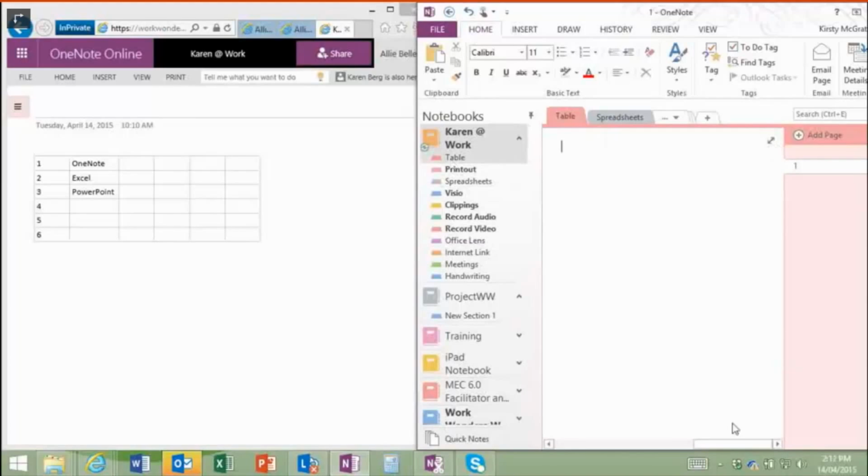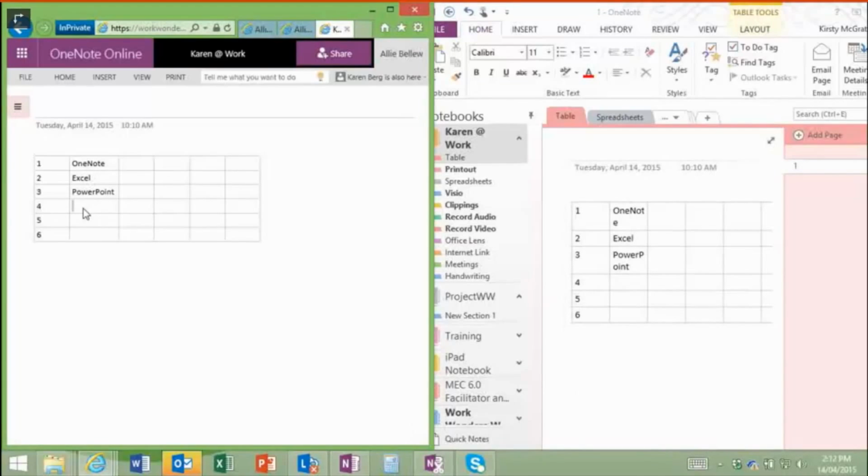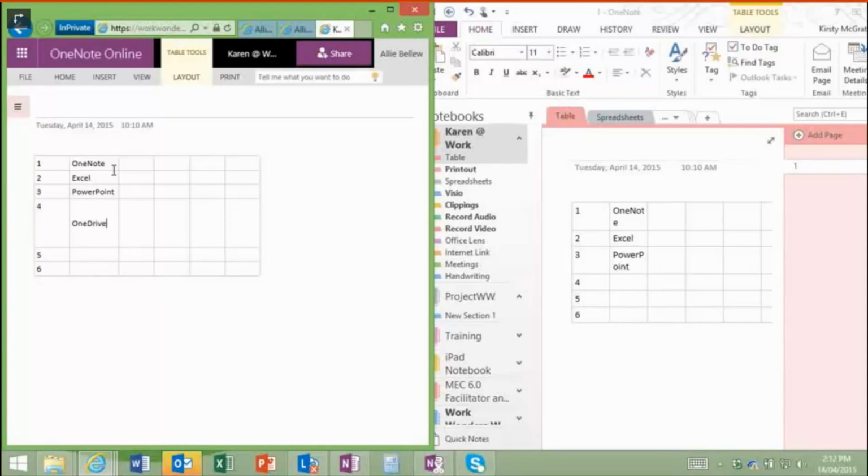So with my information that I've got in here, as I start to make adjustments and I put information online, it will sync down and drop it in for me. So if I go, what could be some more topics? We'll go OneDrive, and we'll come down and you'll see over on the right hand side, it's instantly dropped it into my OneNote on my desktop. Now I'm logged in as Ali, and you'll see over on the right hand side I've got